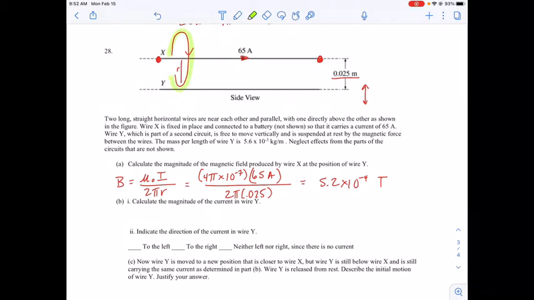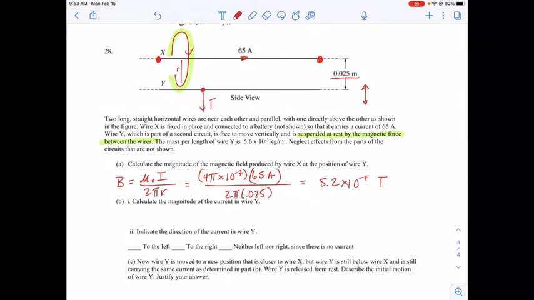So here I've got this magnetic field, and it says that it's suspended at rest by the magnetic force between the wires, which means that if I were